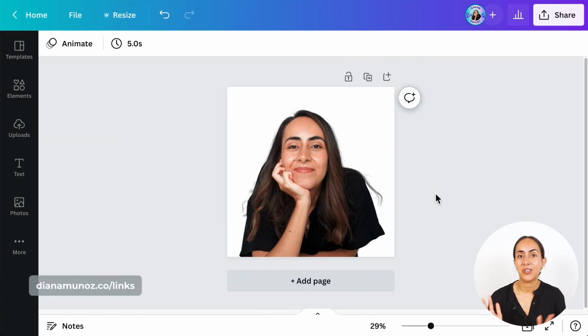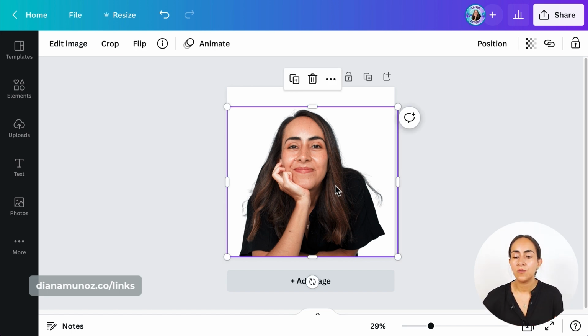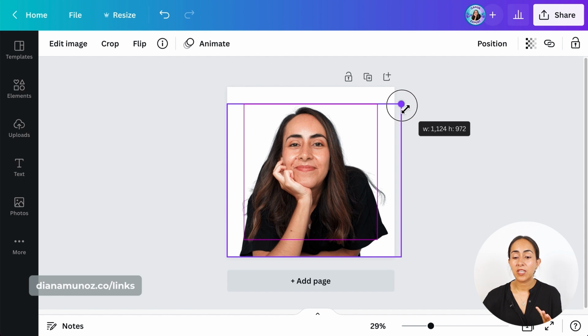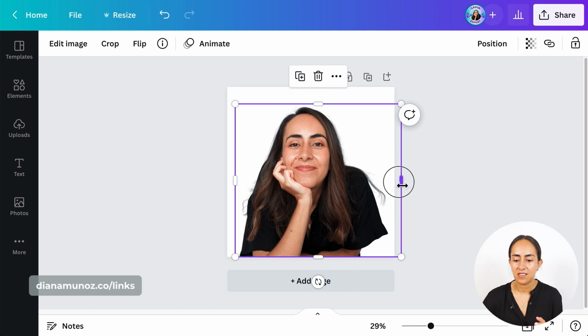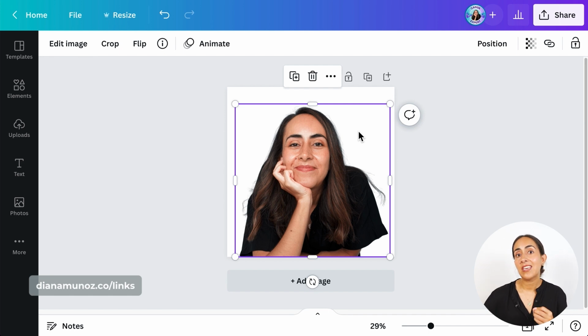The second profile picture idea is similar to the first one, because we are also going to use a photo without a background. And I also want to give you a tip here, because when I'm working with photos, like for example in this project, this photo is almost covering the entirety of the page. When I'm working like this, I actually like to crop my image as much as I can and leave some empty spaces around the photo so I can easily change the background, and also, most importantly, so Canva does not